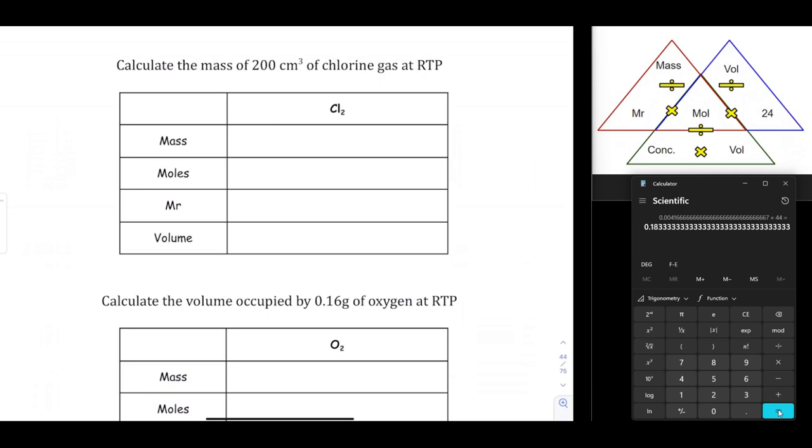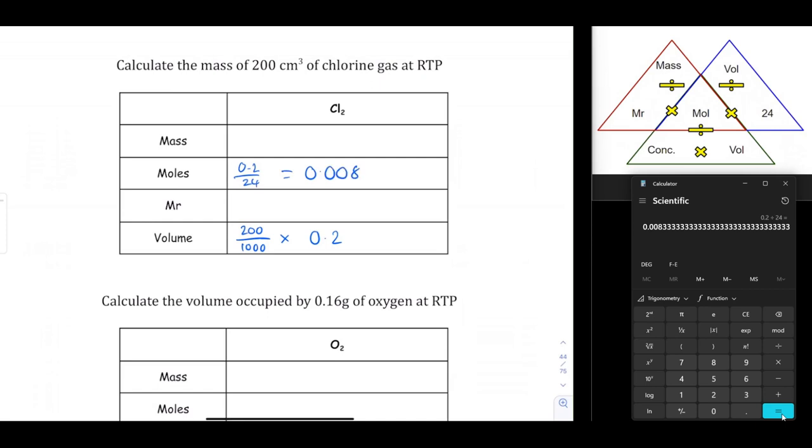Right, okay. 200 centimeters cubed. I need to divide by 1,000 to get into decimeters cubed. So 200 divided by 1,000 gives me 0.2. If I've got 0.2 decimeters cubed as a volume, I can divide that by 24 to get my number of moles. So 0.2 over 24 gives me 0.008